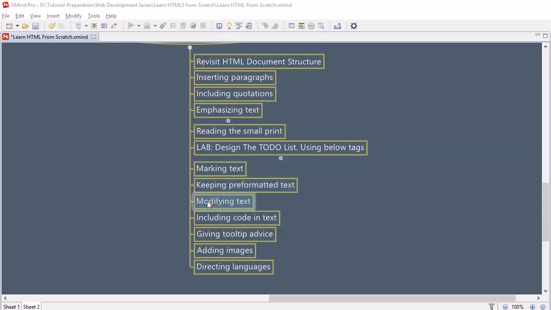We have learnt about how to print the superscript and the subscript. We have also seen how to include code within your HTML document, and we have also looked into the tooltips. If you want to put a tooltip within certain element of HTML document, then how we can do this with the DFN tag. And then we have also looked into the adding of images within HTML document. And in the last topic, we have seen that how we can use Ruby annotation to write the foreign language